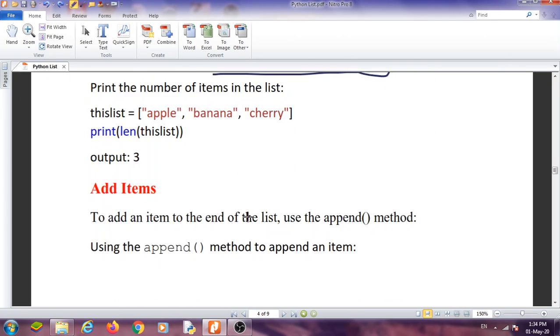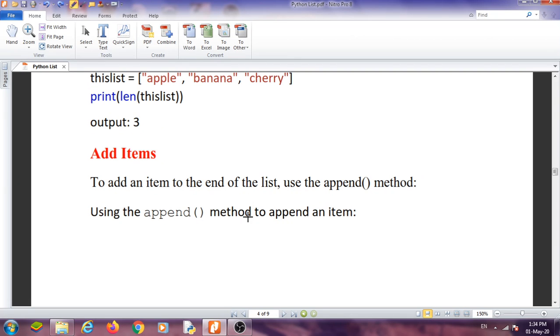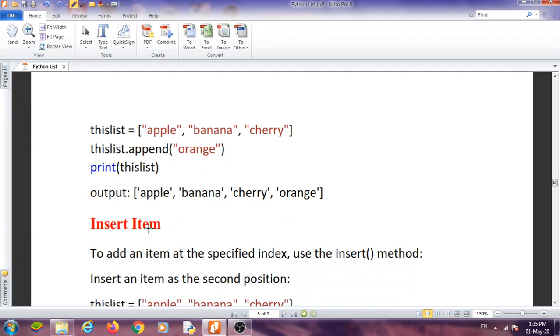Every element is separated by a comma. Now, how to add an element? We can add elements because a list is mutable. We can add another element, change an element, or delete an element. To add an element, there is the append function, and there is also the extend function. We can add a new element to the list by using the append function, and this is an example. This list dot append, we are appending orange.